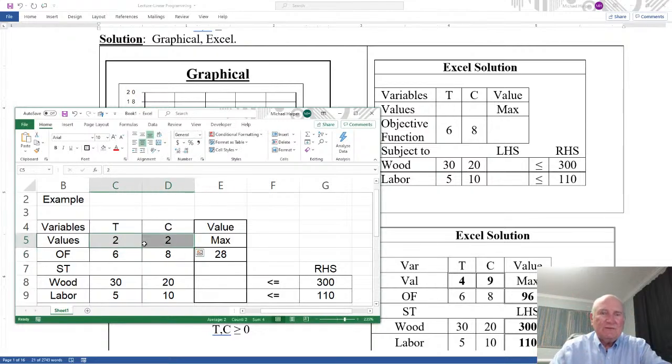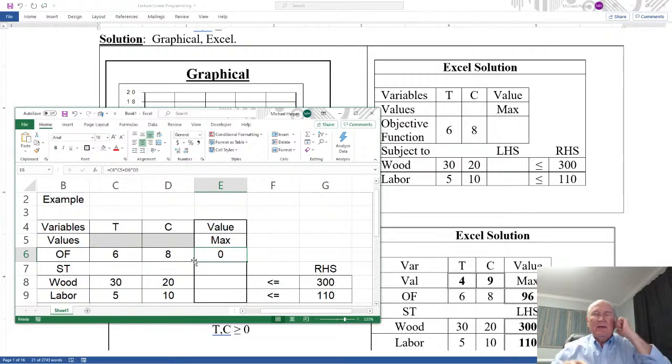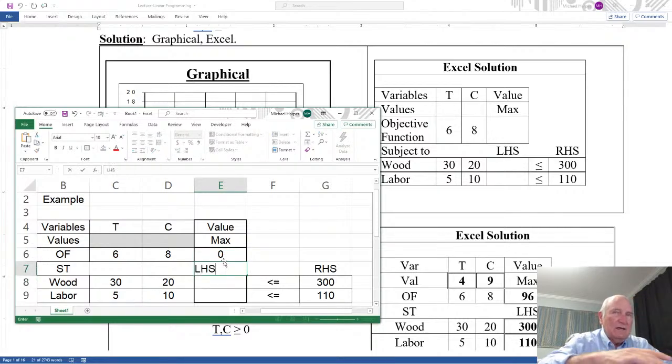Okay, these are my decision variables. Let me delete them. What I want is linear programming to put a number there and put a number there such that that is going to be a maximum value. Now, if I solve this the way it is, it would just say infinity. But I'm constrained. I'm constrained by my wood and labor. So that's going to be the values over here. This is going to be the left-hand side of my constraint set. So this is going to equal,